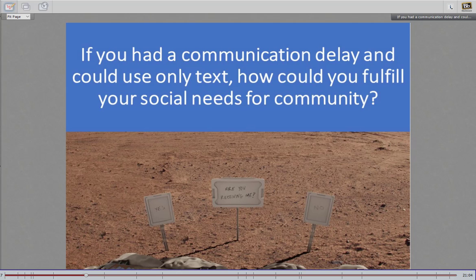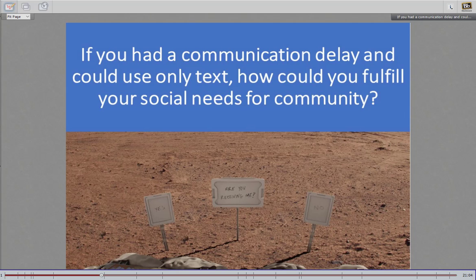Very good. Okay, Caroline says to introduce myself and ask everyone to respond with a picture. Maria says set up something like Facebook, so having a social community like that where you can share various different pictures and ideas, and even though it has a lag, it doesn't really matter. Somebody can check it later and they can respond. So Maria, actually think about Facebook when we talk about the next thing. David says a timestamp on comments and responses. So that's actually quite important, right? Because if you're having such a delay and you have 5 people, how do you know who's responding to who, where? So building some sort of thing.